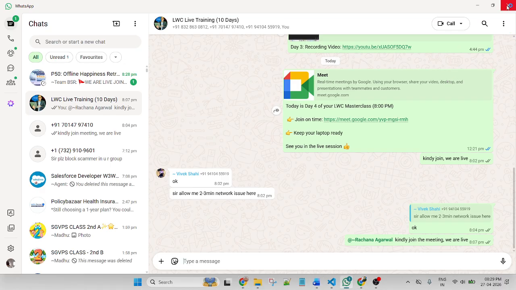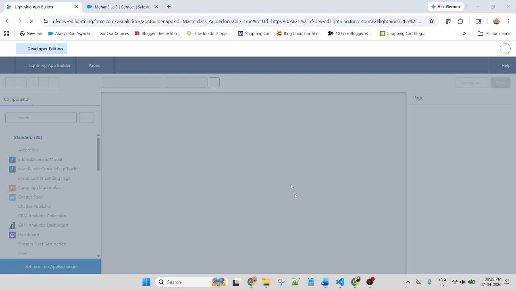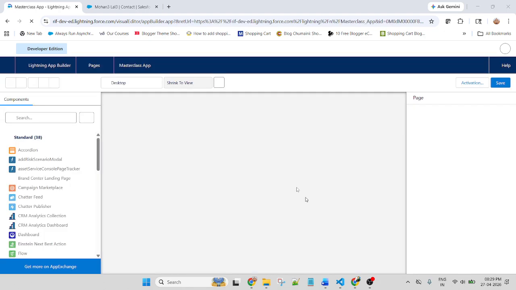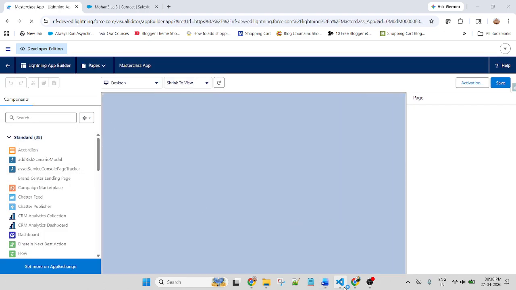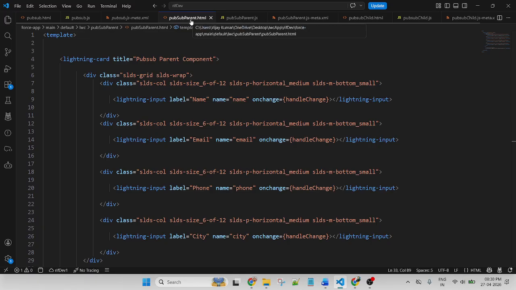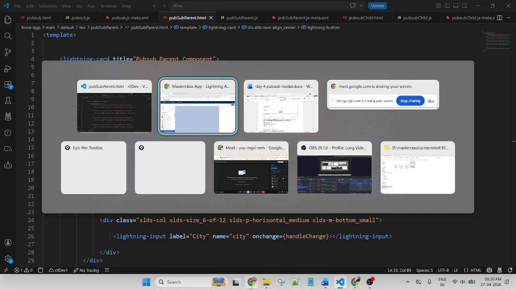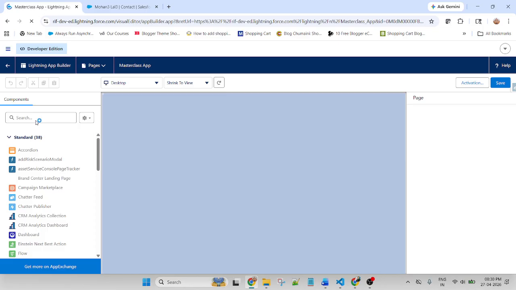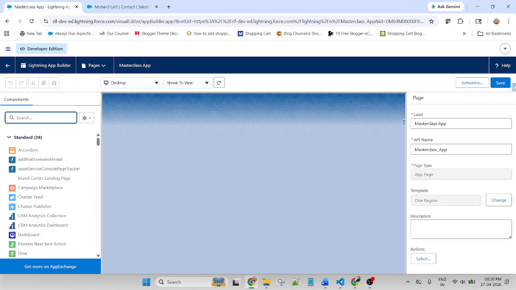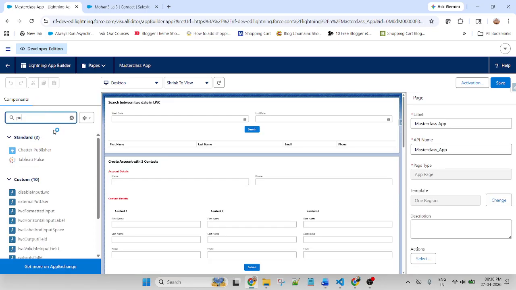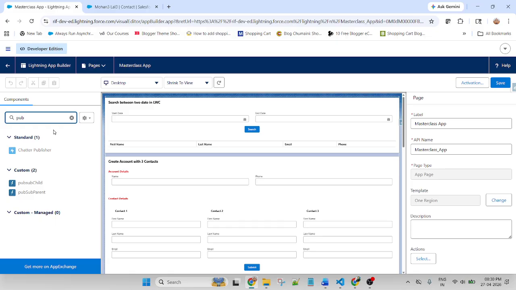Let me close all of the files. So my component name is PubSub parent. I am starting with PubSub so that we easily identify this component is used for the PubSub model. This is my PubSub parent. This is my PubSub child.